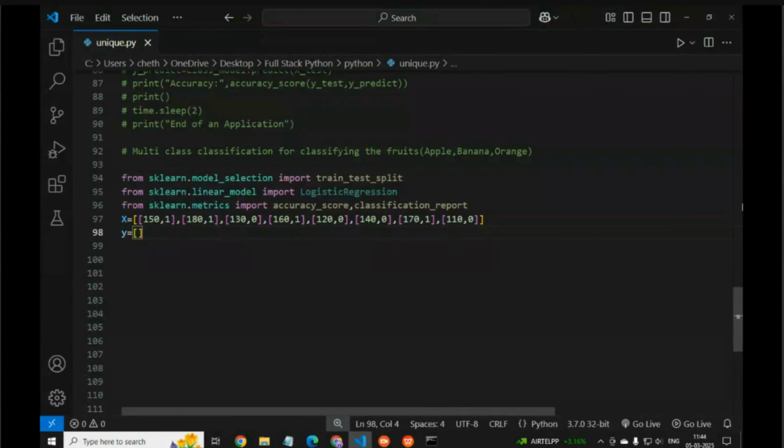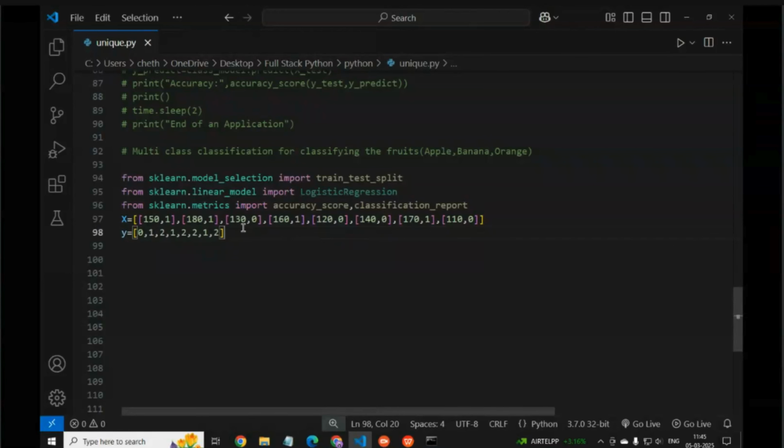So we write 0, 1, 2, 0, 1, 2, 1, 2, 2, 1. So 0 means apple, 1 means banana, and 2 means orange.